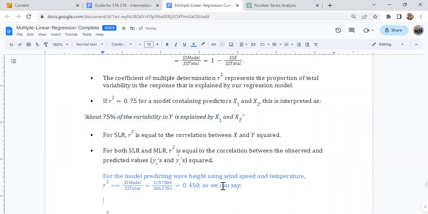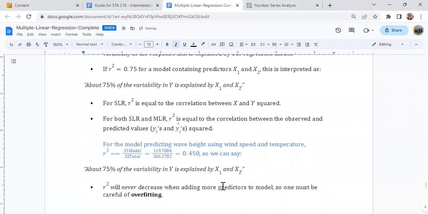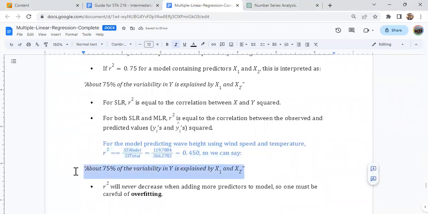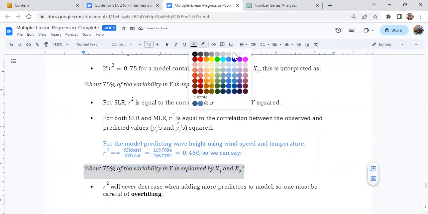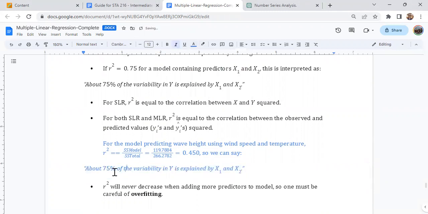So we can say, and then instead of 75%, we would say 45%. 45% of the variability in wind or wave heights is explained by